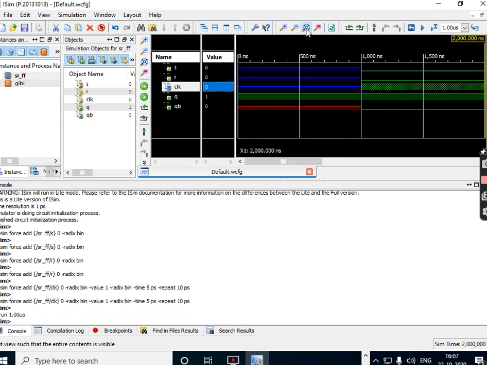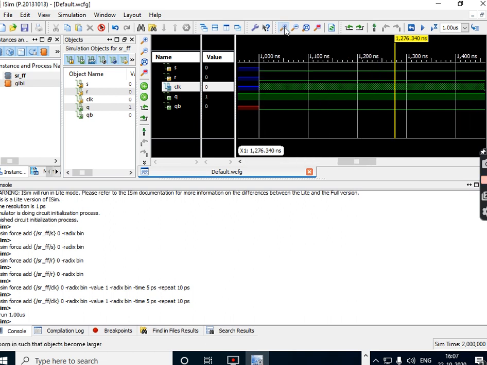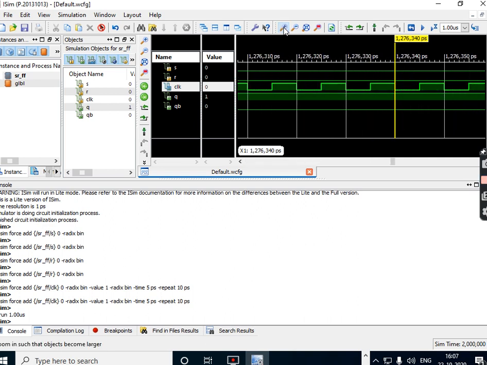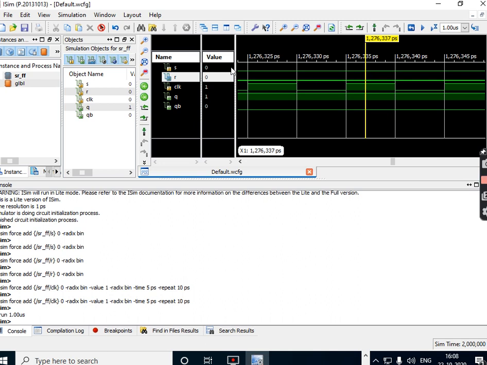Once I run the simulation, I just press here so that I can go to this particular rising and falling edges to check what will happen. So when the clock is 0, S is 0, R is 0, which is a state where I'm going to go for the previous state. So when both S and R are 0 0, the output should go to the previous state. When clock is applied, by default it should go to the previous state as it is. So either clock is 0 or clock is 1, for the 0 0 case, the output will remain with no change. This is what you have verified.